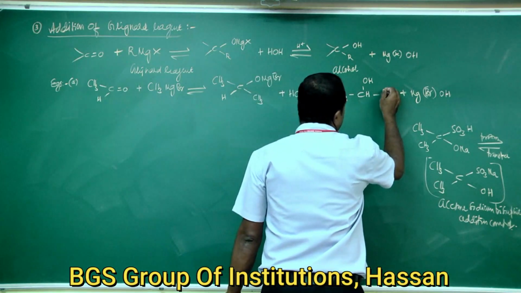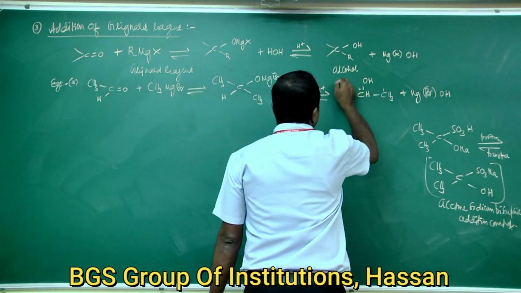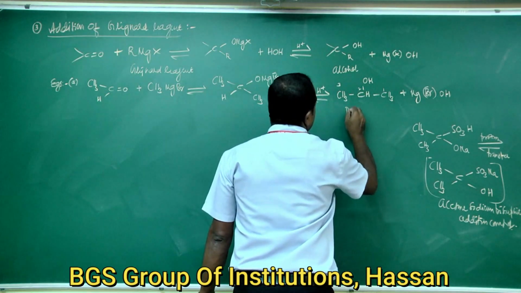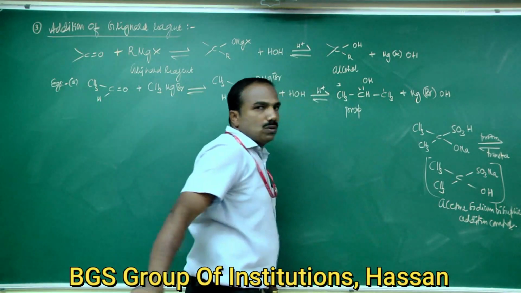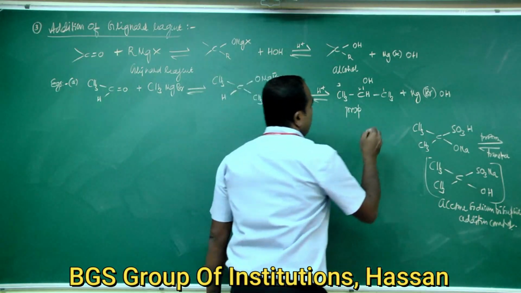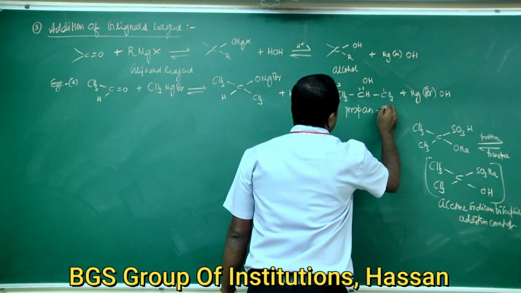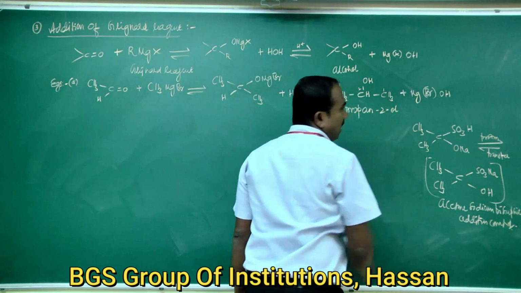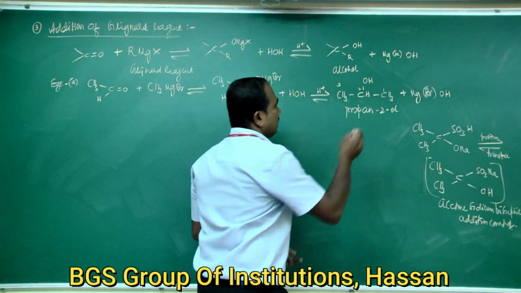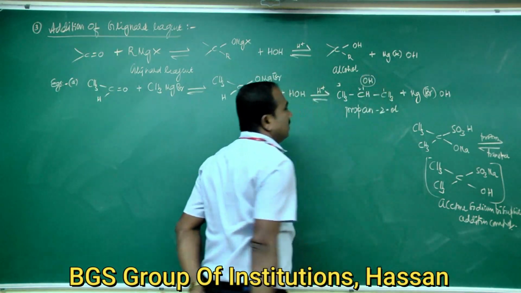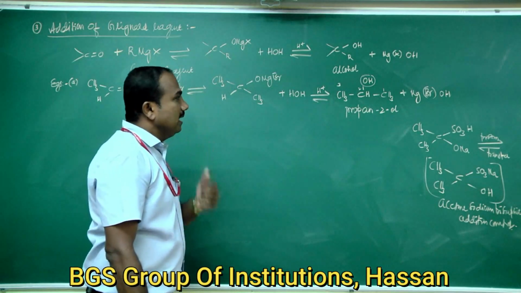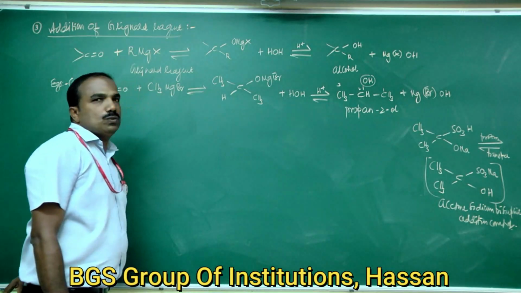That alcohol is numbered 1, 2, 3, so that is 3 carbon atoms. The root word is prop. The type of linkage is single bond, so an. In the second position there is the presence of functional group OH. Therefore, the suffix is ol. That is propan-2-ol.